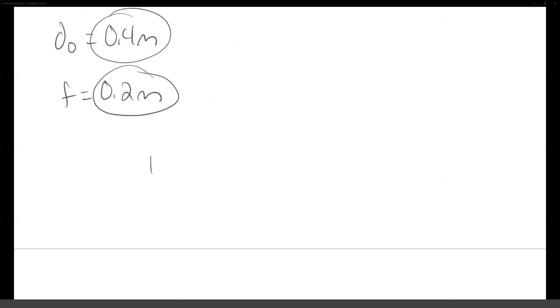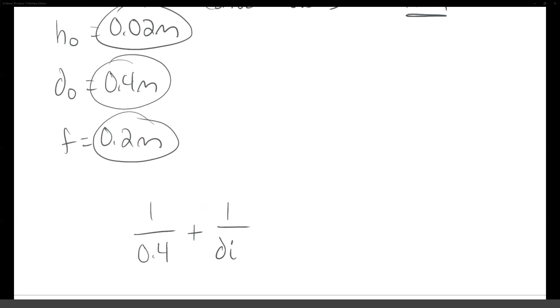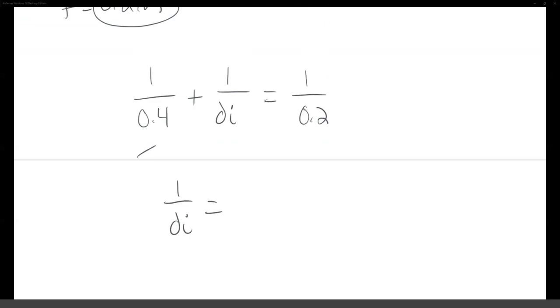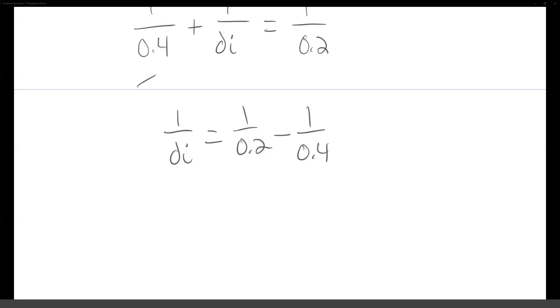So the first one is 1 over 0.4 plus 1 over di equals 1 over 0.2. I kind of do this trick sometimes. First we'll minus this one. So 1 over di equals 1 over 0.2 minus 1 over 0.4. For di, there's an inverse button that can be useful. You can just type in 0.2 and then hit the inverse button. I don't want to confuse people, so just leave that alone for now. And then we'll minus 1 over 0.4. And then if we inverse that, we should get